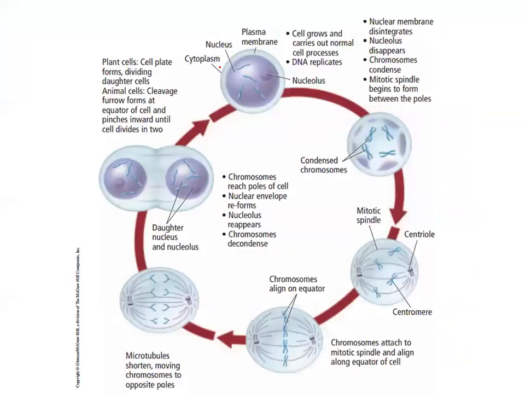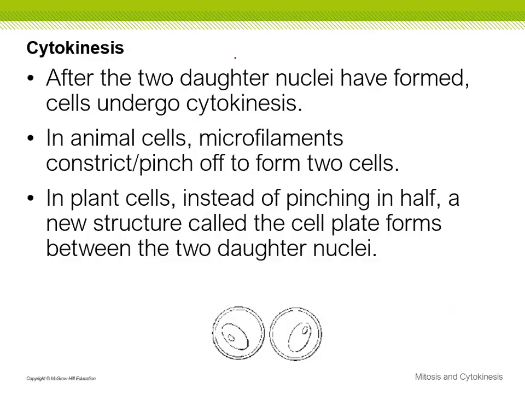But this is not mitosis. This is cytokinesis. Cytokinesis is when it's fully split itself apart. Then those 2 cells can repeat the process, right? This is how you go from 1 to 2 to 4 to 8 to 16 to 32, and so it continues. It doubles, right? So the last thing here is just cytokinesis.